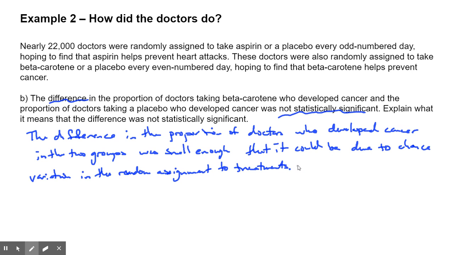We're not saying that it is due just to the random assignment, that it's these other things that are getting in the way and not the beta carotene and the placebo. We're just saying that this did not provide us enough evidence to support that claim. Right? So maybe further testing needs to go on. But right now, we cannot say that taking the beta carotene causes less cancer than not taking it. Okay. All right, good. So hopefully that makes sense. Again, you're going to use that throughout the rest of this chapter and moving forward in terms of statistical significance. All right, objective 2 is done. Objective 3 is coming.